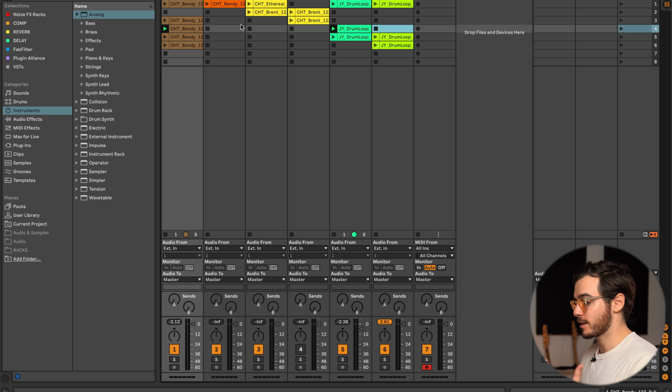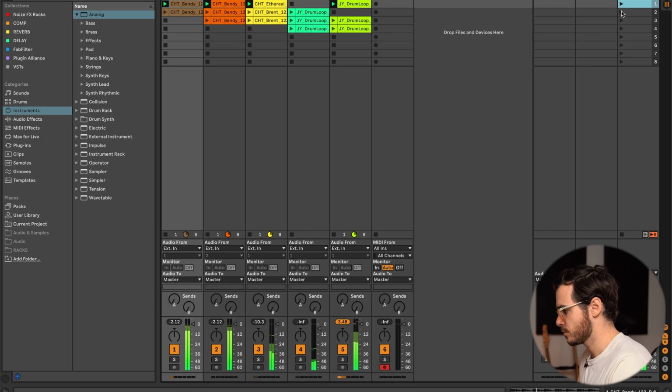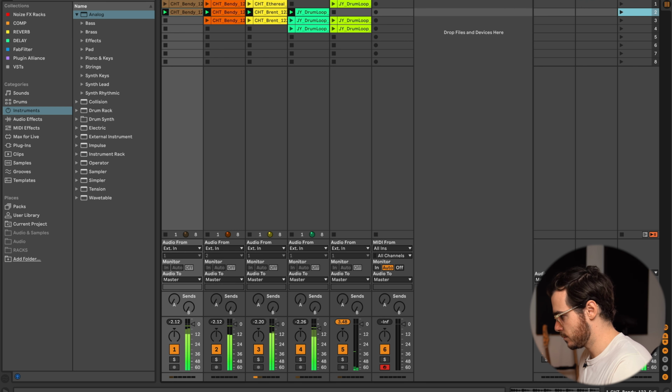Now this allows you to drag and drop in loops, MIDI, audio, you can even record straight into this. And then from there, what you can do is play the parts in an arrangement format. So what I mean is we can start building a song without actually having to add it to the arrangement view. And then I can audition them to see how my song is developing. So you can really quickly change between scenes and different groups of audio or MIDI information.